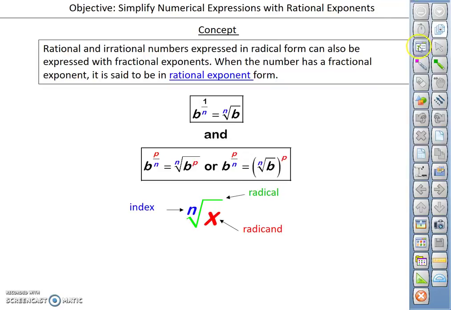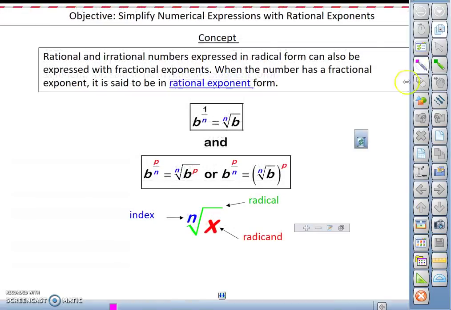This lesson is going to be about simplifying numerical expressions with rational exponents. And it is part of our study of how we go about simplifying expressions that involve radicals. So,